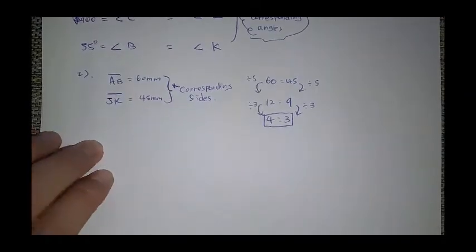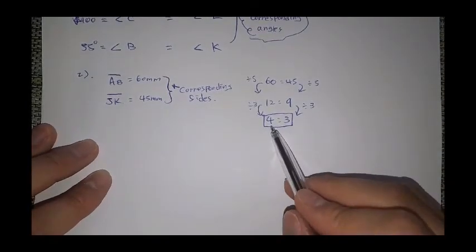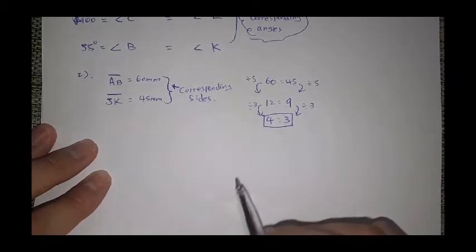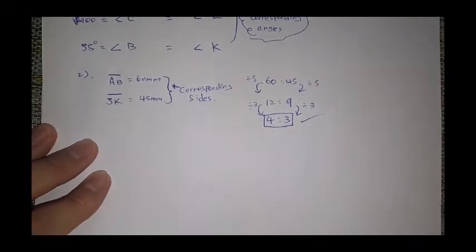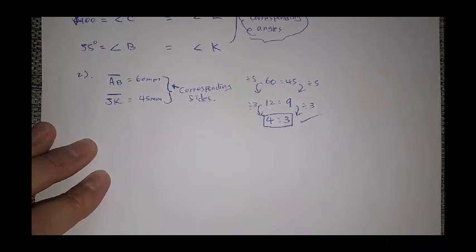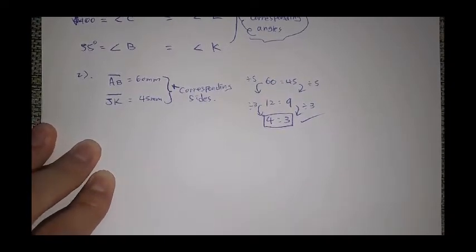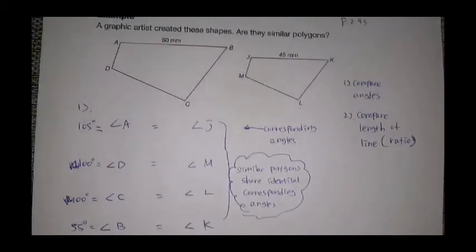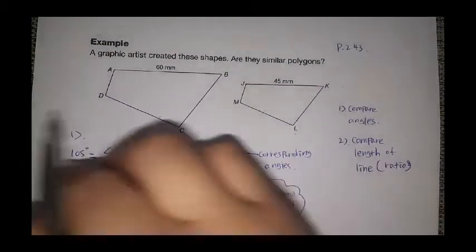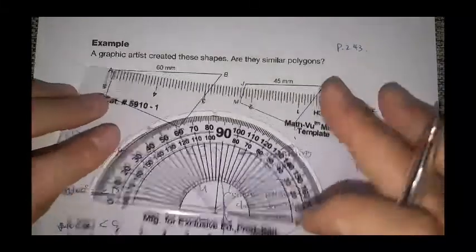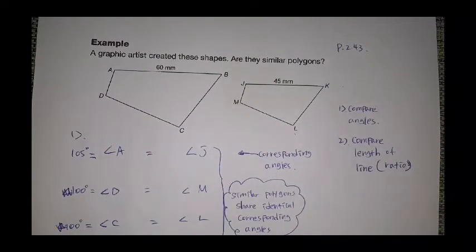So long story short, as long as we get 4 to 3 ratio for every single other side, then that will make and prove mathematically that diagram that you see ABCD and diagram that you see on the right side JKLM are similar polygons. You can conclude it in that way. So let's measure B and C. By the way, first of all, I'm gonna modify a little bit,